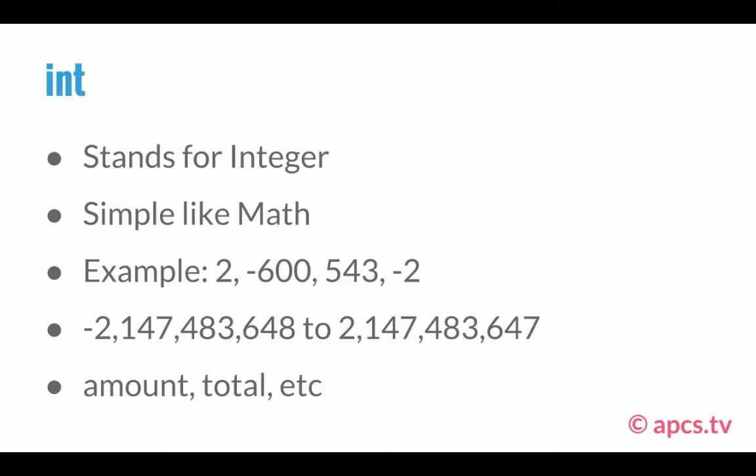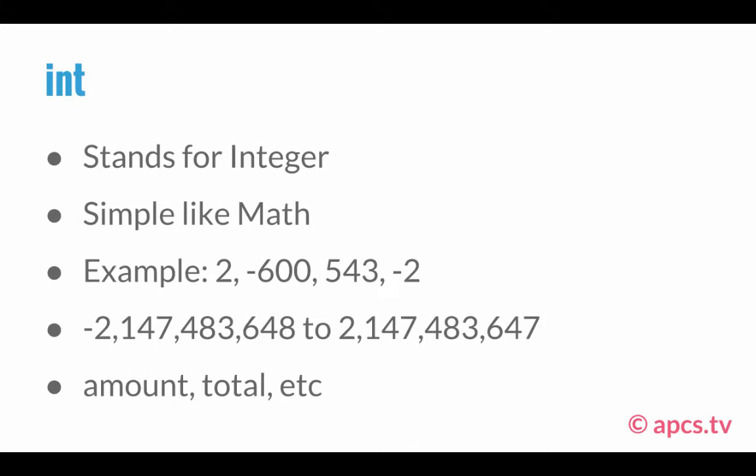So int stands for integer, and it's just like the integer we have in math. It can be positive or negative, whole number. And some examples of it are 2, negative 600, 543, and negative 2. So it does have a little bit of restrictions, which means that it can go from negative 2,147,483,648 to the same thing on the positive end, and this is approximately 2 to the 32nd power, but these